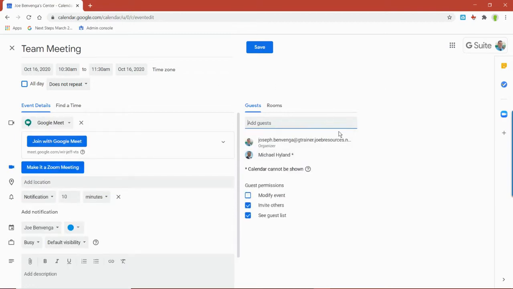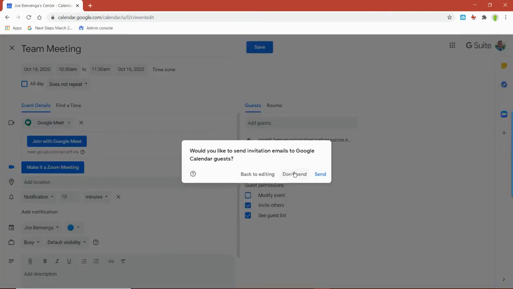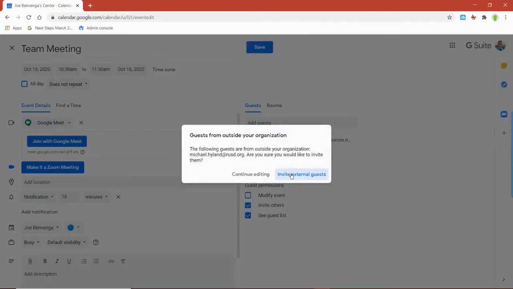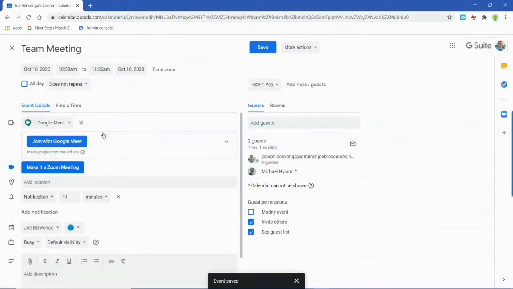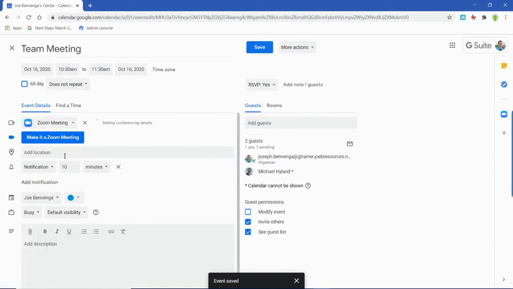And as soon as I have the guest, you'll see that the link for the video conferencing automatically popped up. And in this case, it was Google Meet. So Google Meet automatically pops up. Now, Google Meet was the software chosen because that was the last tool that I used in the most recent event that I created. So, for example, if we were to change this to a Zoom meeting,